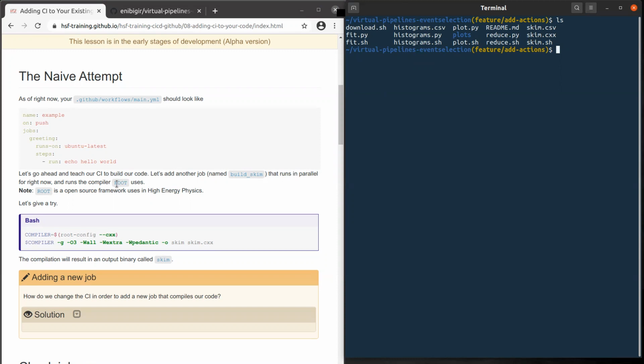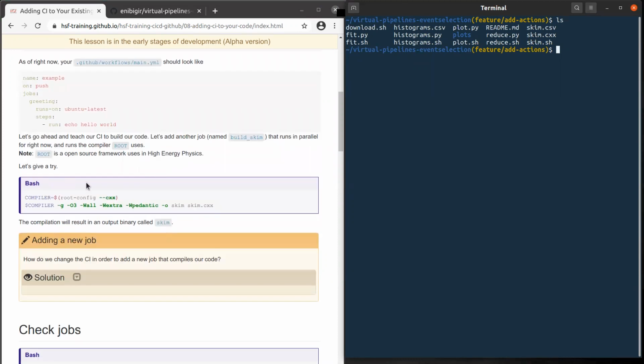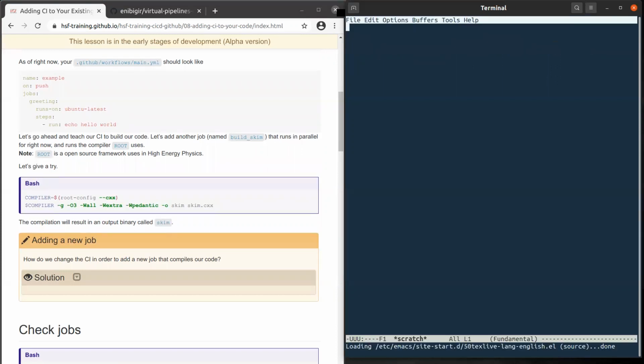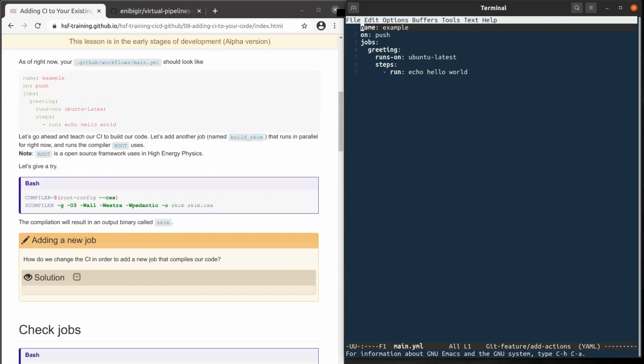If maybe you don't know, ROOT is an open source framework written in C++, which is used in high energy physics. And we need some compiler in order to make an executable here, which is the binary you see. What we'll do is open up the YML file, and then we will add a second job,